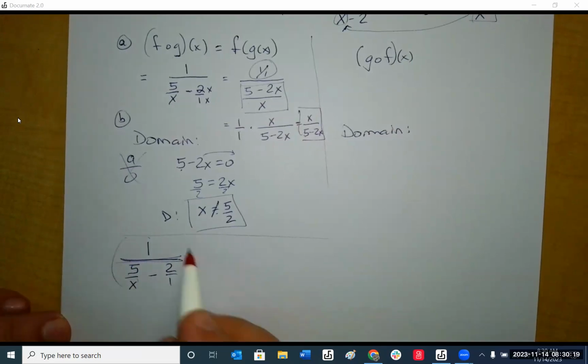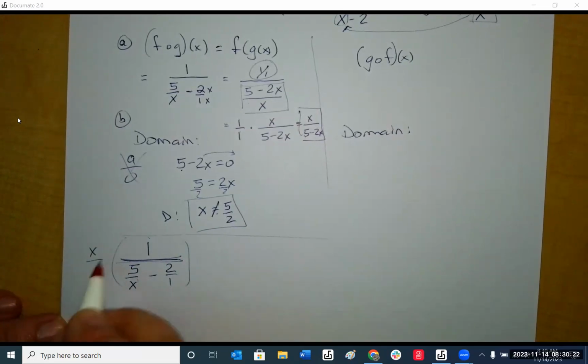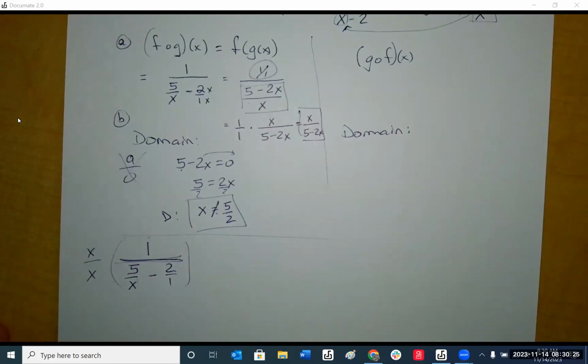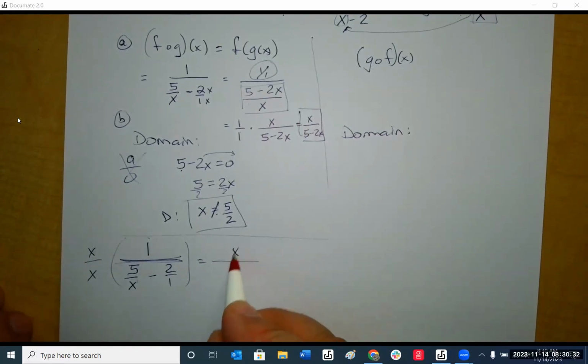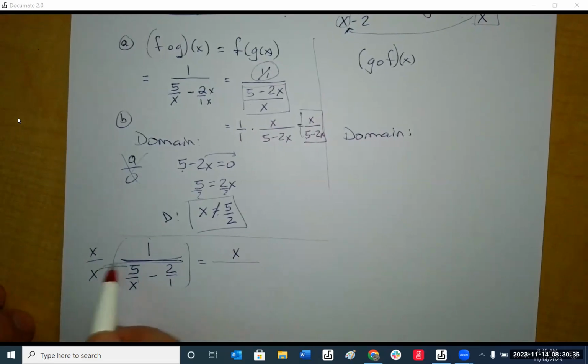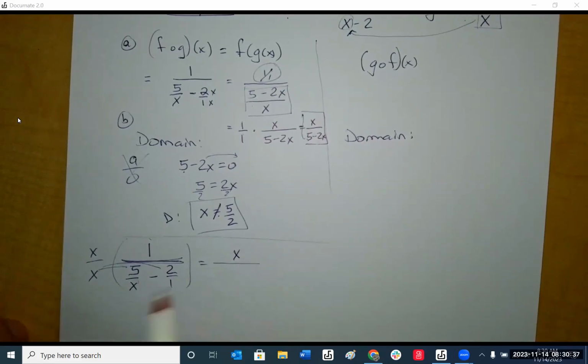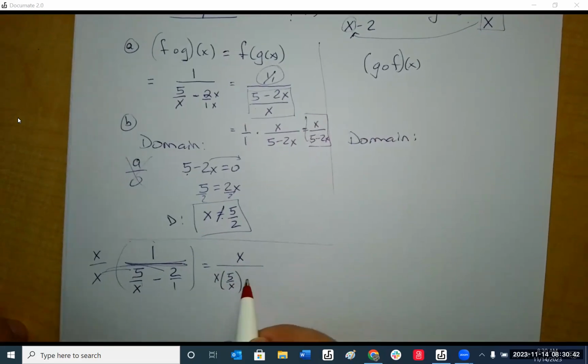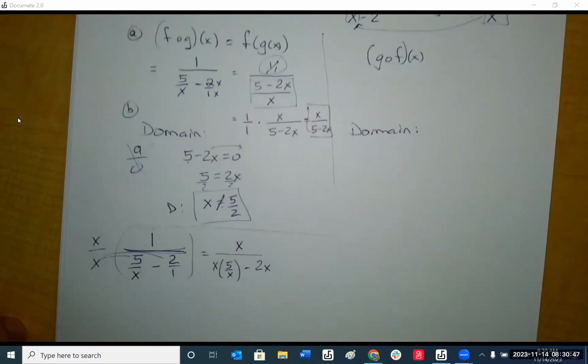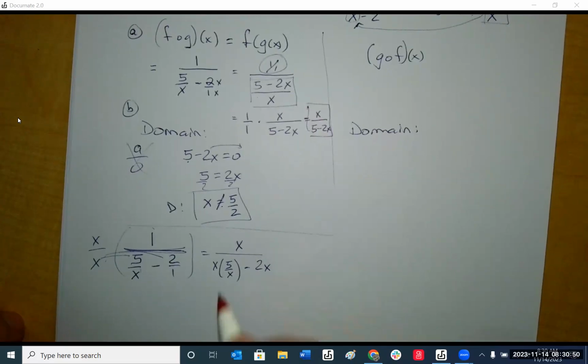So if I multiply the top and the bottom by x, because that's the LCD, what I'll have is x times 1 is x. This one multiplies both of those. So it's x times 5 over x, and then 2 times x. These x's cancel. So all I'm left with is